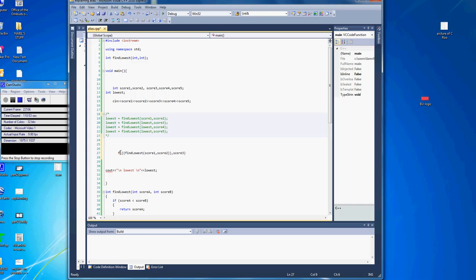and dump it into find lowest, because now it's going to run this inside, find the lowest, and then it's going to run this. And now we put that in parentheses also, because this whole entire thing will just boil down to one value, and we're going to compare it with score 4. Okay, and we're going to dump that into our find lowest function, and all of that is going to basically be one integer, and we're going to compare that with score 5,